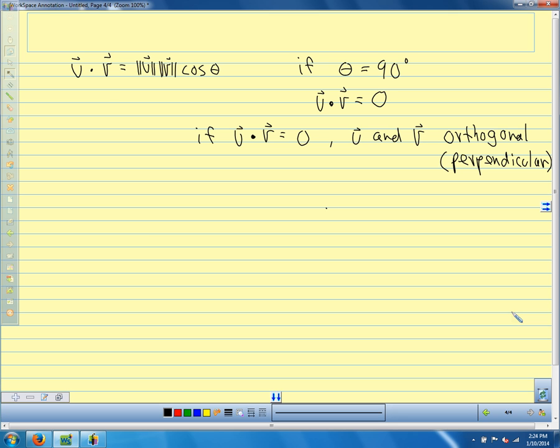One example is if we're going around in a circle, the velocity vector is always orthogonal to the acceleration vector. So that's one example of a set of vectors that are always orthogonal, as long as we're going at the same speed. Uniform circular motion is one example. We can also get some other information about the vectors from the dot product. Because the magnitudes of u and v are always positive,